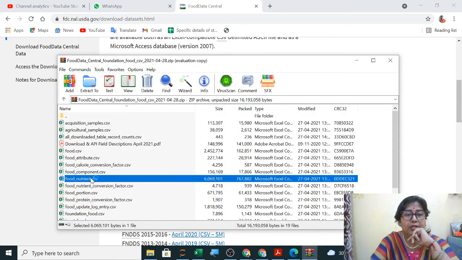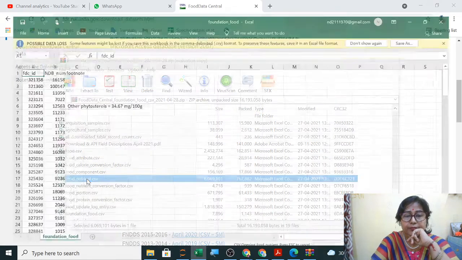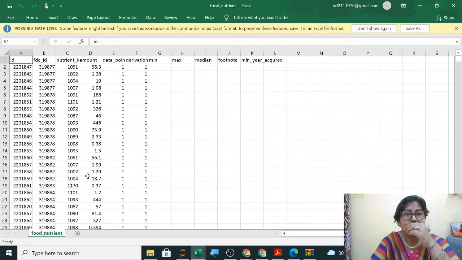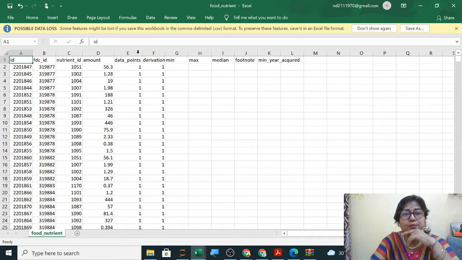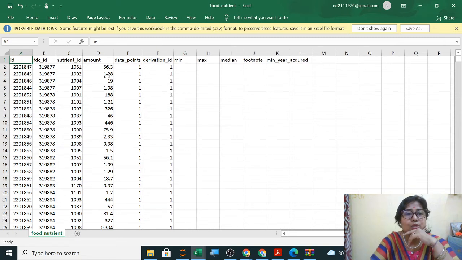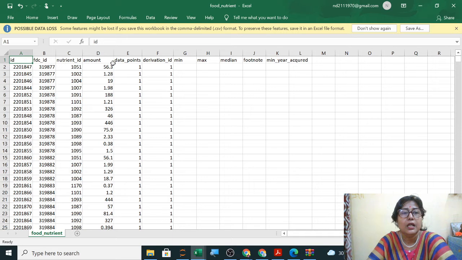If I open food nutrients, you can see all the IDs here. The name of the food is not given, which you have to collect from somewhere else. Which food has how much nutrient amount is written here. So you can collect the data like this from anywhere, from CSV files.